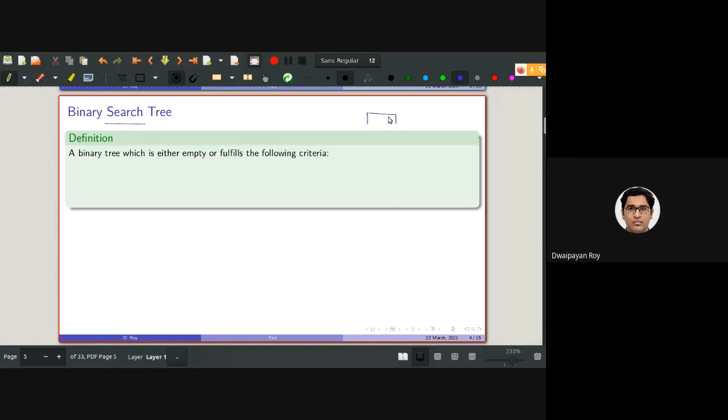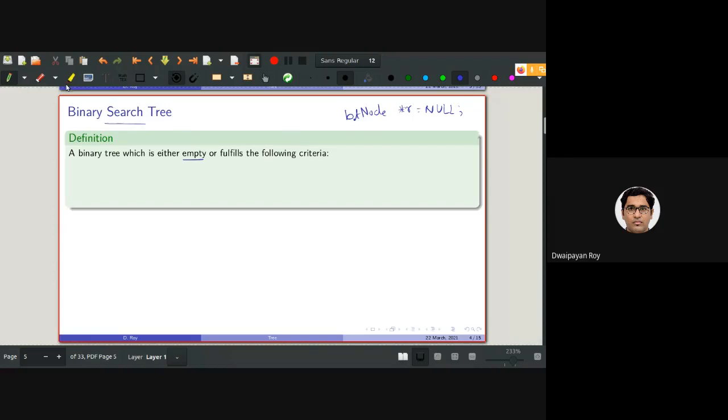For example, if I define one, let's discuss this with BT node again: BT node star root equals null. So this is actually a binary tree, as well as a binary search tree, because it is empty.